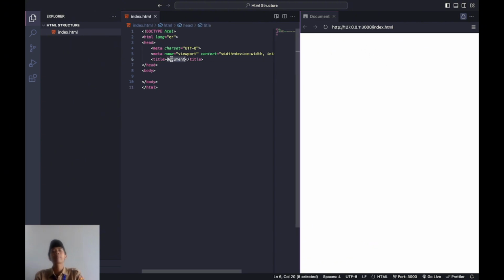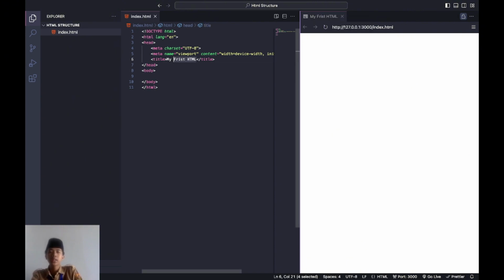Next, you can change the title to maybe my first HTML. When you click it, you can see the name of the tab becomes my first HTML.